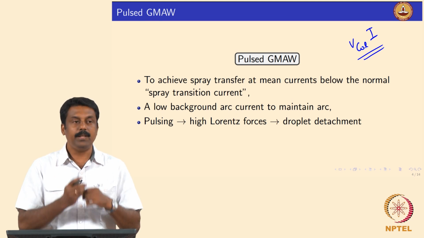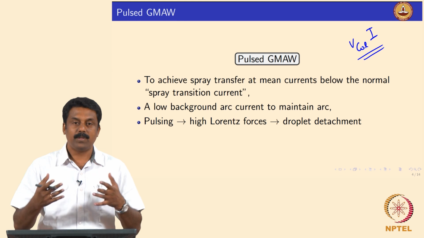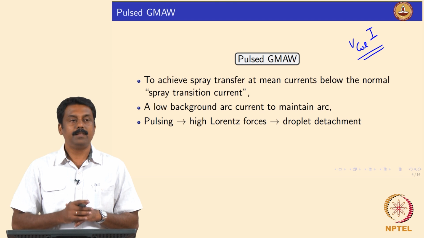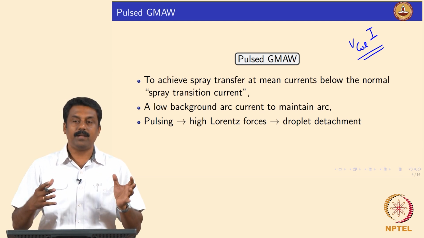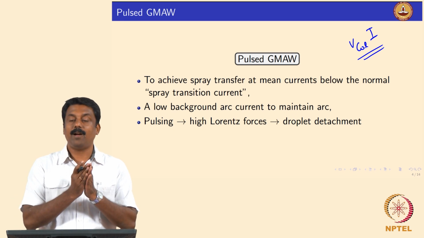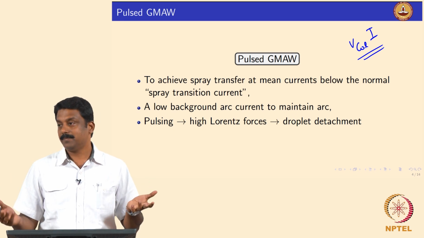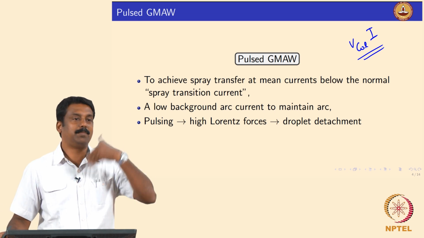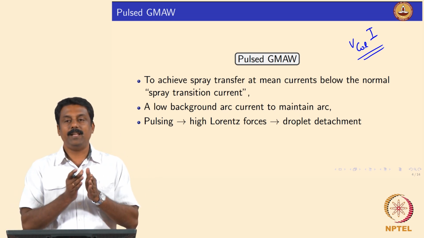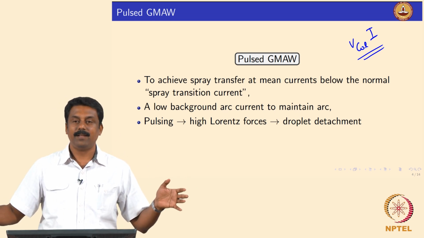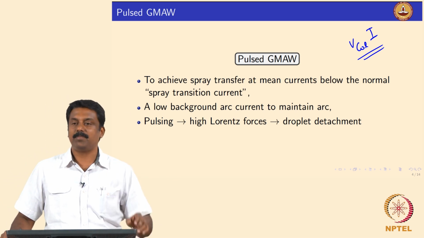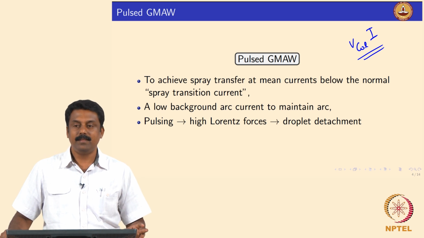So, you melt immediately, you form the droplet, and the moment the droplet is formed, Lorentz force would pull the droplet down, right, it is clear. And then you do not keep it at that current level for a long time. If you keep it at that current for a long time, obviously what happens? Jetting spray would happen, because it is much higher than the spray transition. So, if you keep the pulsing duration long enough, then you will start detaching droplets in jetting spray mode, because the current is much higher than the spray transition, right, it is clear.